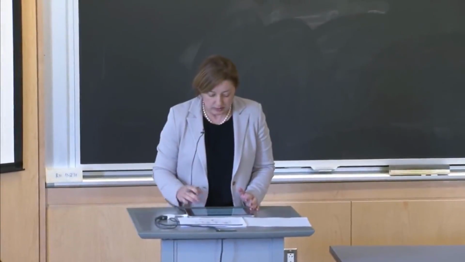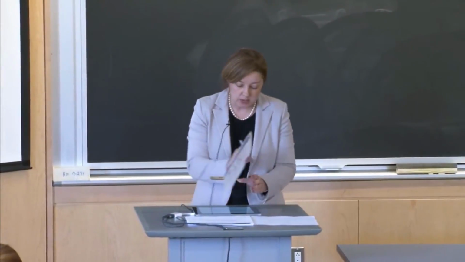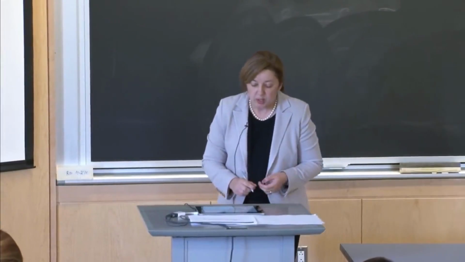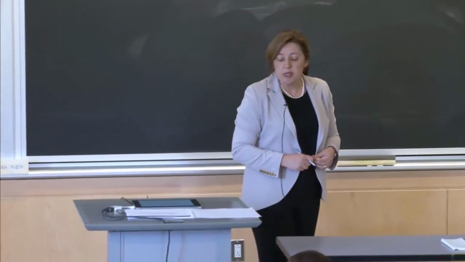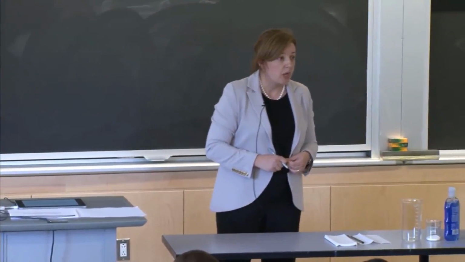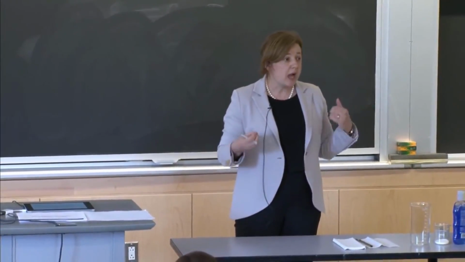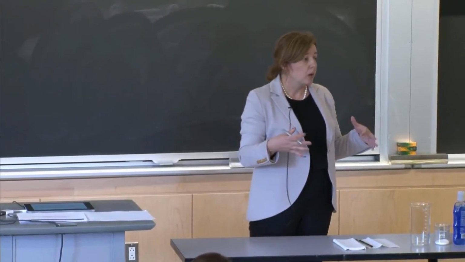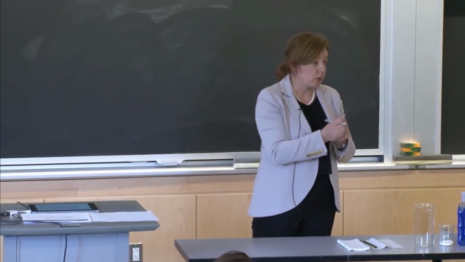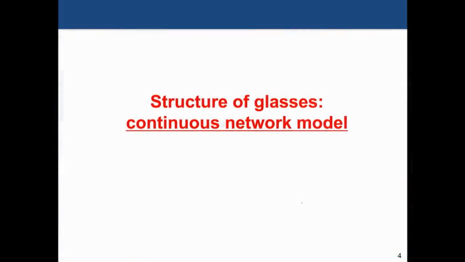So the glasses, the oxide glasses, are typically understood through a model that is called the continuous network model. This is just the name of a model that describes the underlying structure when you look inside of that glass, right? And we will learn about what that actually means. So it already tells you it's a network model. It means that there are certain units that are interconnected, and it's continuous, so these units are not